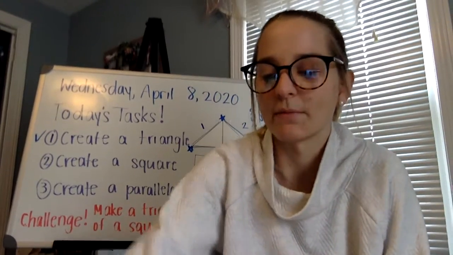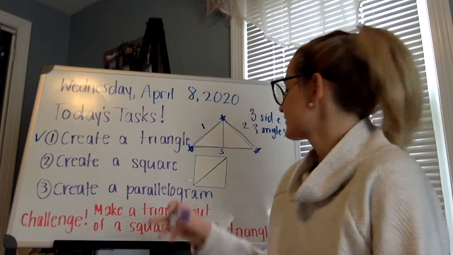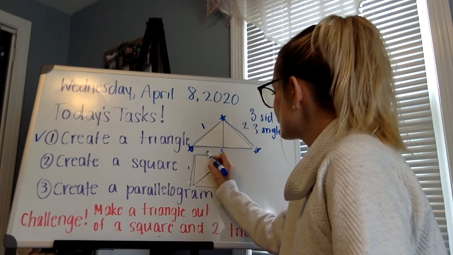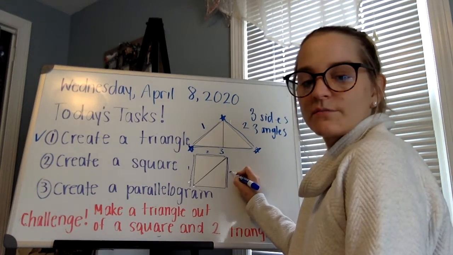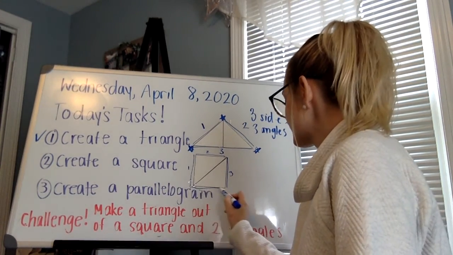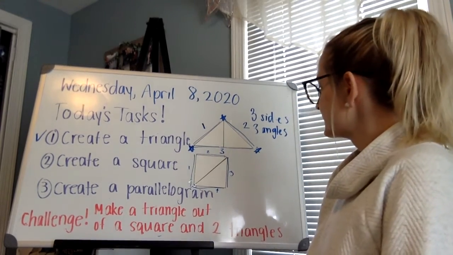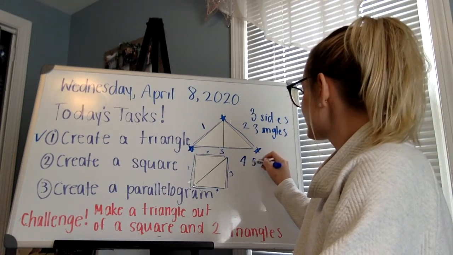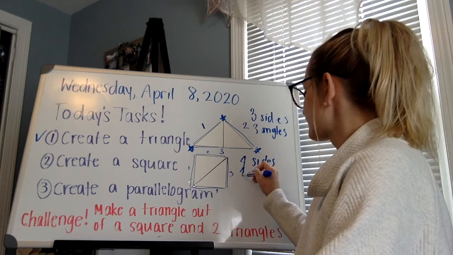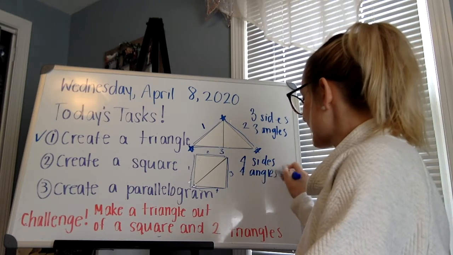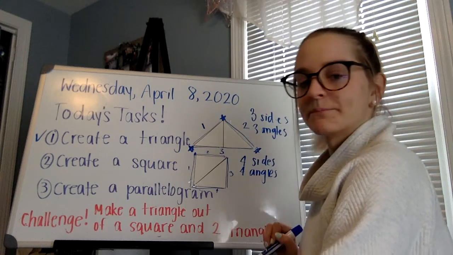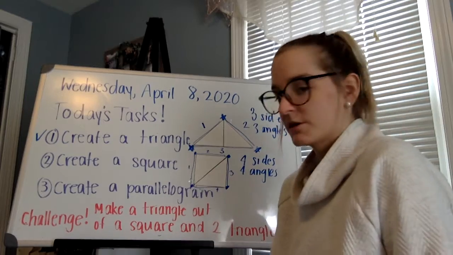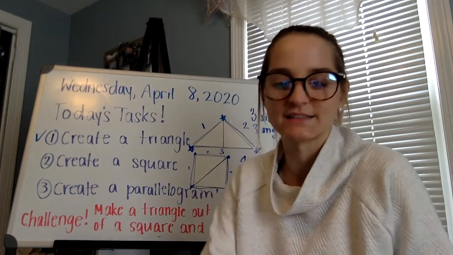Now, I'm sure you all remember that squares have 4 sides, right? So let's count. This is side 1, side 2, side 3, and down here, squishy, is side 4. And then, if it has 4 sides, we know it's also going to have 4 angles, so let's count. I'm going to just put a dot. 1 angle, or 1 corner, 2 corners, 3 corners, 4 corners,